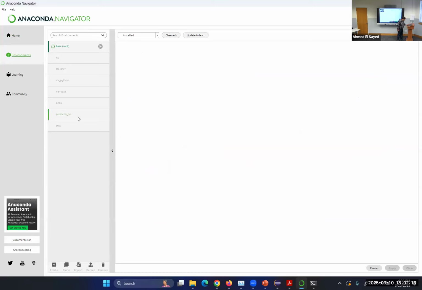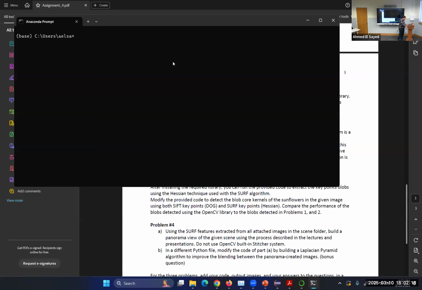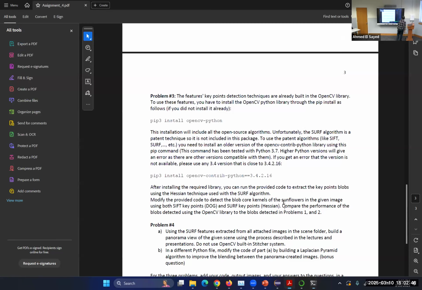So assume that you are working with the OpenCV environment, so cv-python. You can easily go here and conda activate cv-python. This way, I'm activating my computer vision environment that I made just for the computer vision assignments. Then I will start to install the OpenCV packages. How can I do that? Using pip install